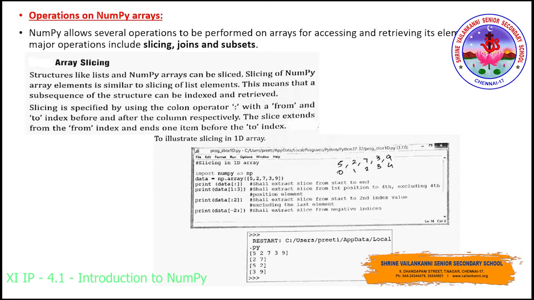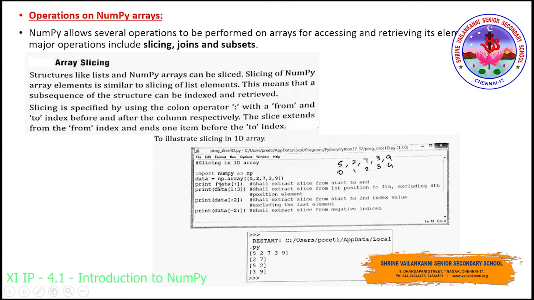So first let us discuss slicing. So slicing, usually we will make use of the symbol colon. So slicing means extracting a part of the original array or cutting into two halves. Like that we have discussed already in list. So here array we are going to slice using the colon operator.